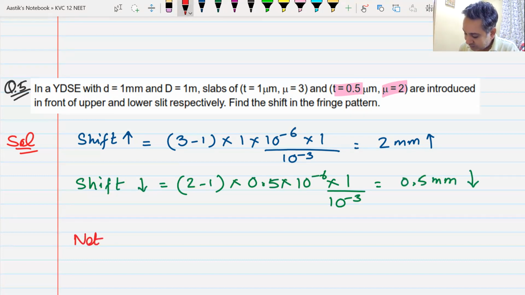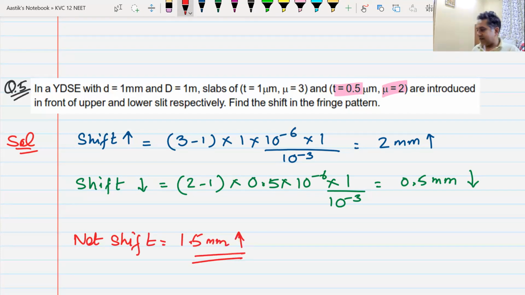Then the net shift is 1.5 mm upwards. Do we understand this? Yes or no? Yes, sir. Well done. Then we come to the last question for this